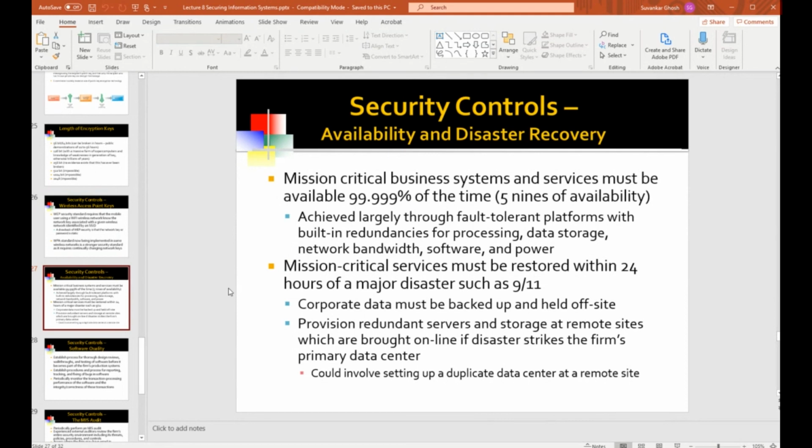Disk mirroring means they are mirroring the disk on which you're recording the transactions on the primary server. So the primary server has the transactions being recorded, and the standby server is basically replicating the disk of the primary server.